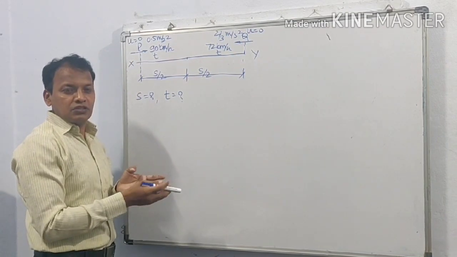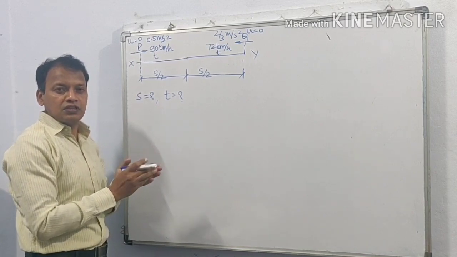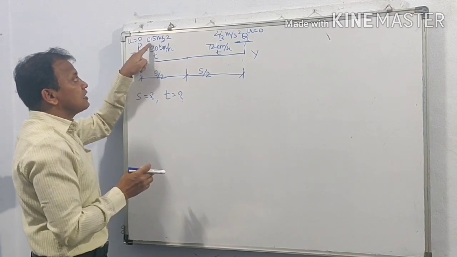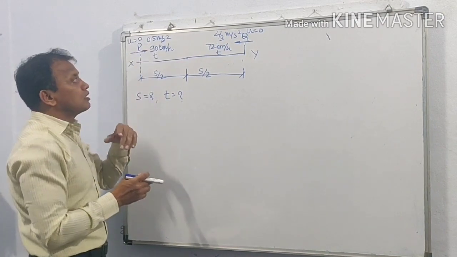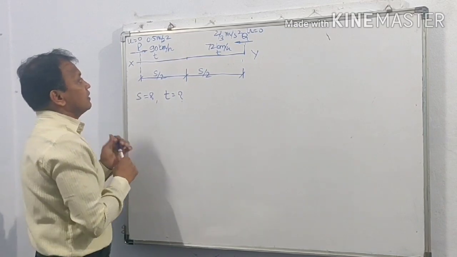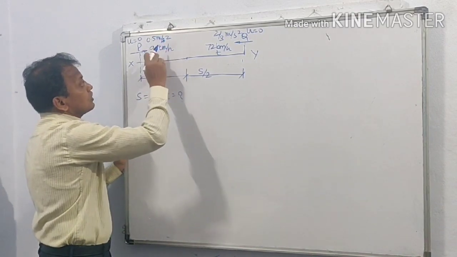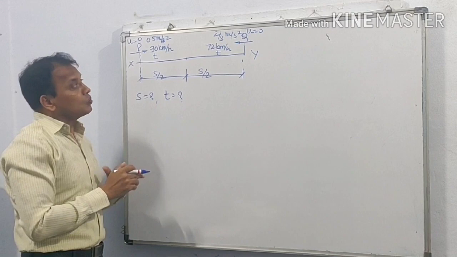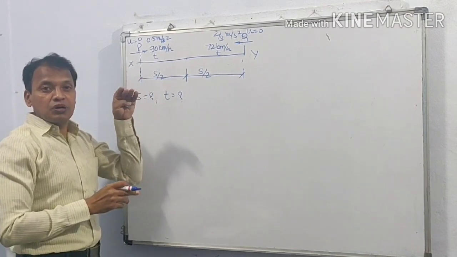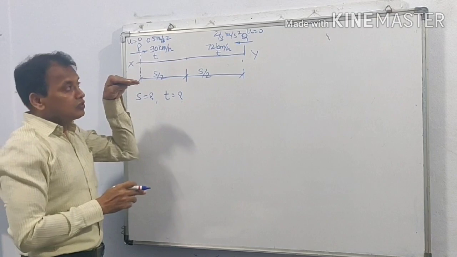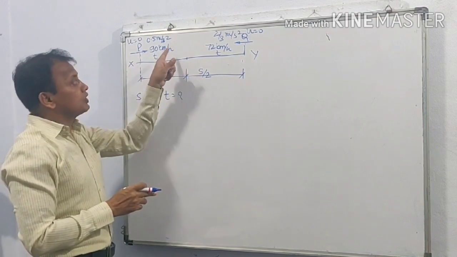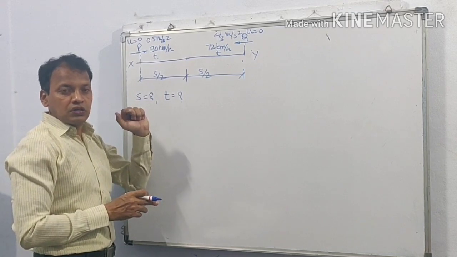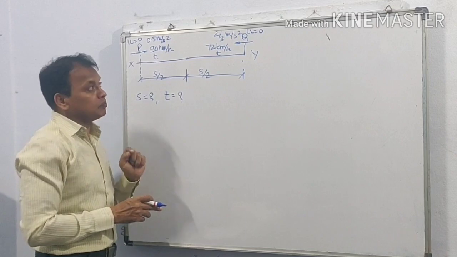As they are starting from the station, obviously initial velocity is 0. They are starting from 0. Train P is accelerated with acceleration 0.5 meter per second square, and train attains maximum speed of 90 km per hour. When it attains maximum speed of 90 km per hour, then the train continues to move with this speed. Means this speed is kept constant after attaining velocity of 90 km per hour.